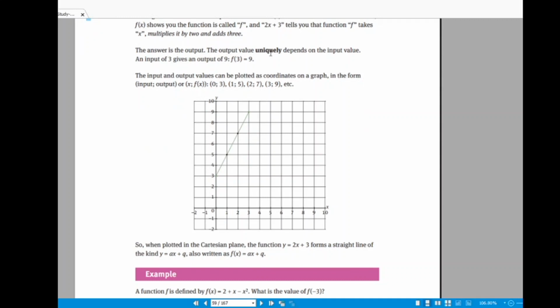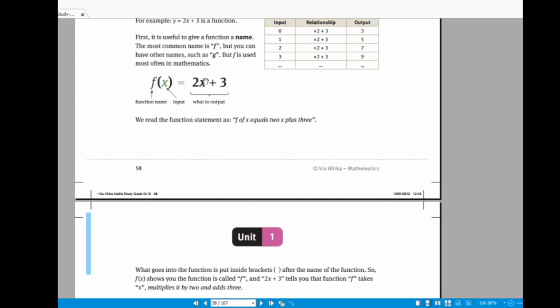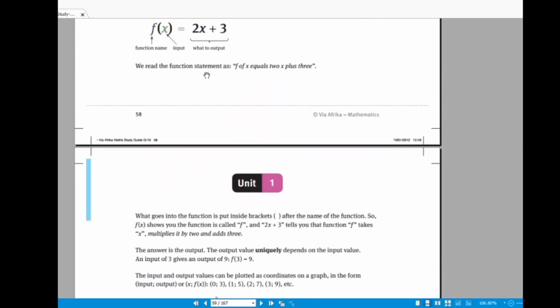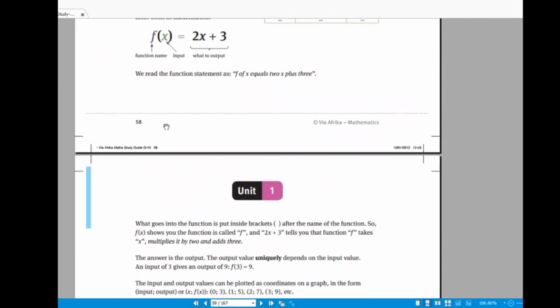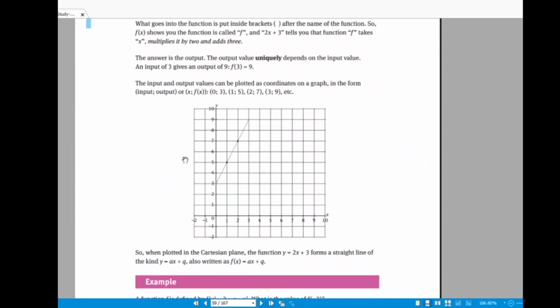The output value uniquely depends on the input value. An input of 3 gives an output of 9 in this equation here. If you substitute 3 there, you will have 2 times 3, which is 6, plus 3, which is 9, right? So 3 is your input value and 9 is your output value. And that output value depends on your input value, which is why we call the y variable the dependent variable, right? The input and output values can be plotted as coordinates on a graph in the form of (input, output),